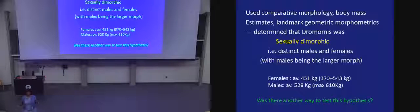And this geometric morphometrics is a wonderful, wonderful method that many biologists are using. You can use it on modern animals, fossil animals, anything that you want to actually describe its shape and compare its shape. So we increasingly use geometric morphometrics. And what he found was that in that large sample of Dromornis, there were clearly two different morphs. There were two different